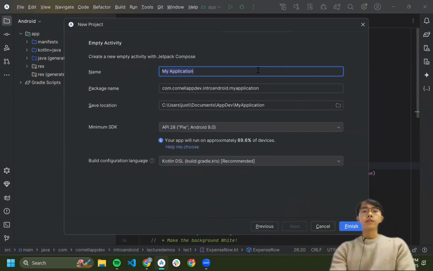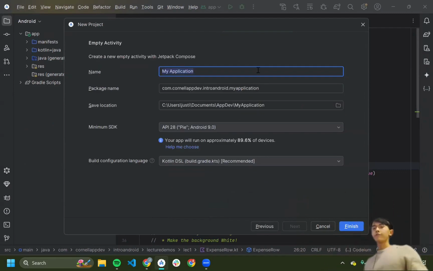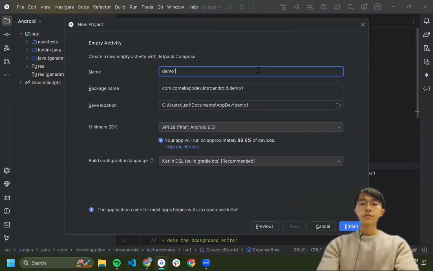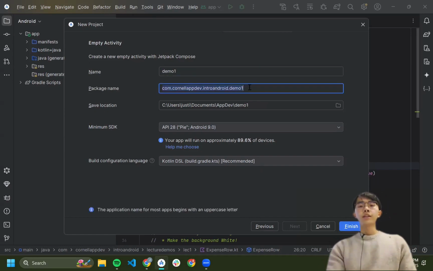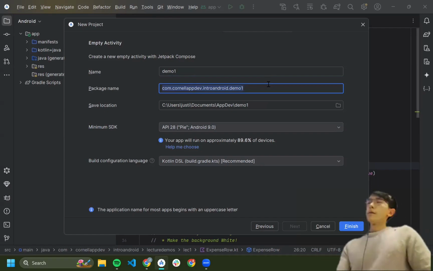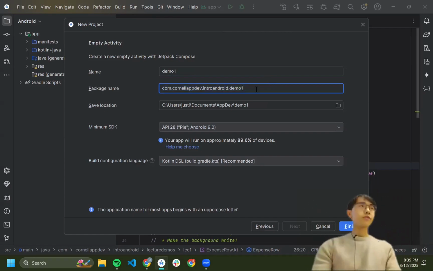So click empty activity, and you can set a name, a package name, and a file system location. In terms of the name, you can just call it demo1, something like that. The package name is not too important. It'll probably just say com.example.whatever for you, and that's fine. It's kind of a delineation for what organization you're in, but it's not important.